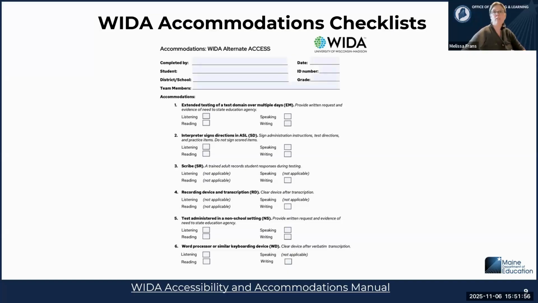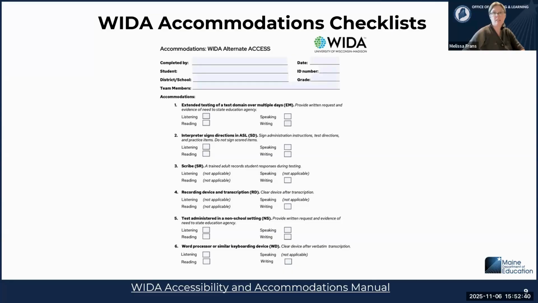So it's helpful when the whole team can take part in the training modules, whether it be ACCESS or Alternate ACCESS, so they're familiar with the test expectations and how to report out on the results of the tests. And again, for Alternate ACCESS, you need to utilize the state guidance resources for MSAA eligibility. So if a student is eligible to participate in alternate assessments, that means that they will take the Alternate ACCESS assessment. And if you believe students should be taking Alternate ACCESS, that means they have to participate in Maine State